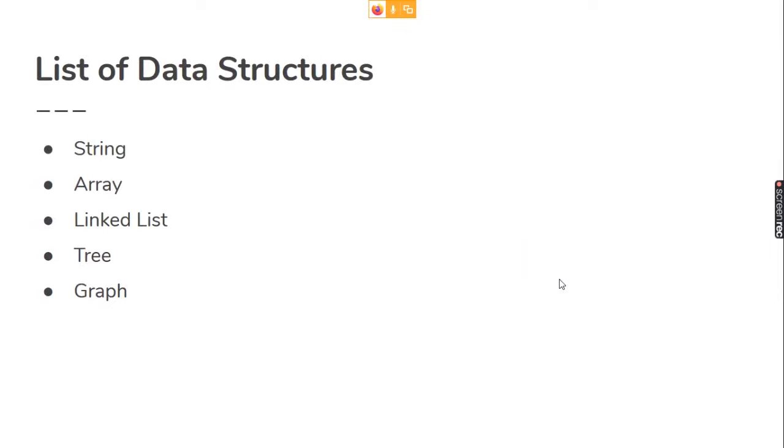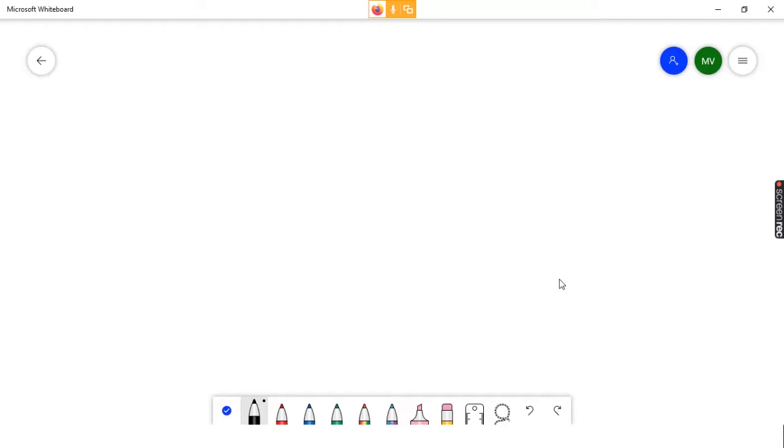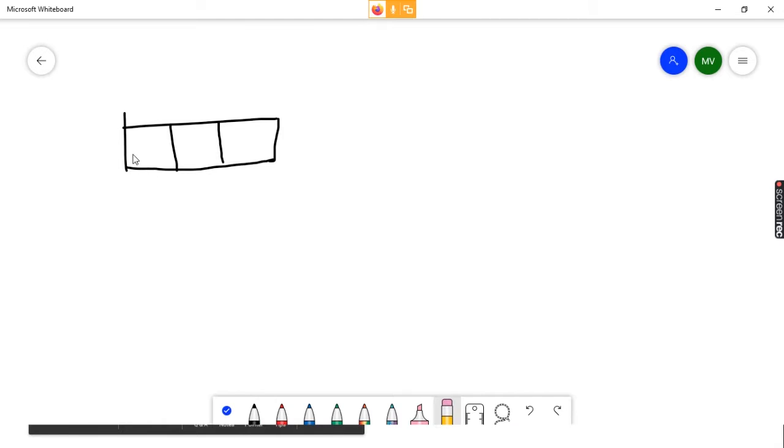Then linked list. A linked list is moreover similar to an array, but it has two extra things. Here I just drew a doubly linked list, but we will go from the single linked list.